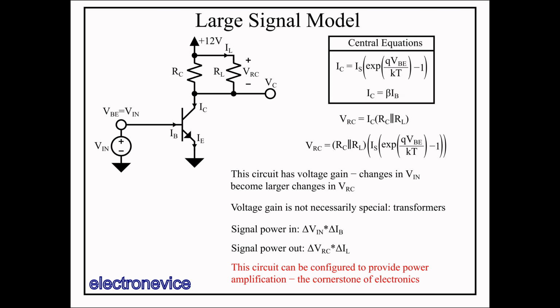So here we see the core of why the transistor is so powerful. But there are still a few impediments to us actually using this circuit in some useful way. For one thing, the input voltage is referenced to ground, and the output voltage is referenced to a different voltage rail, which is annoying at the very least. For another thing, this exponential dependency is inconveniently nonlinear. We will start tackling these problems in the next episode of the series when we talk about transistor biasing and the small signal equivalent circuit.